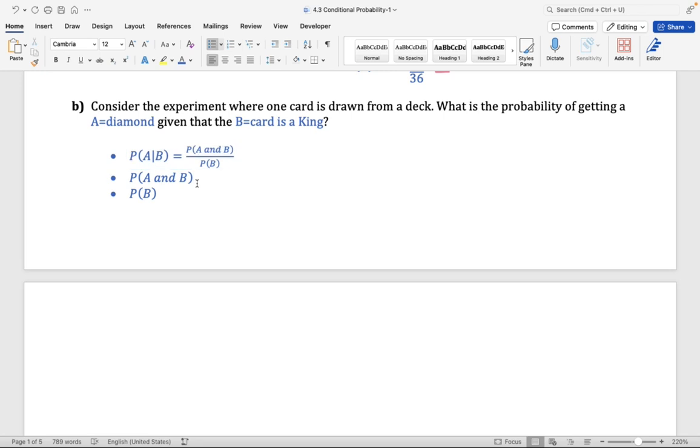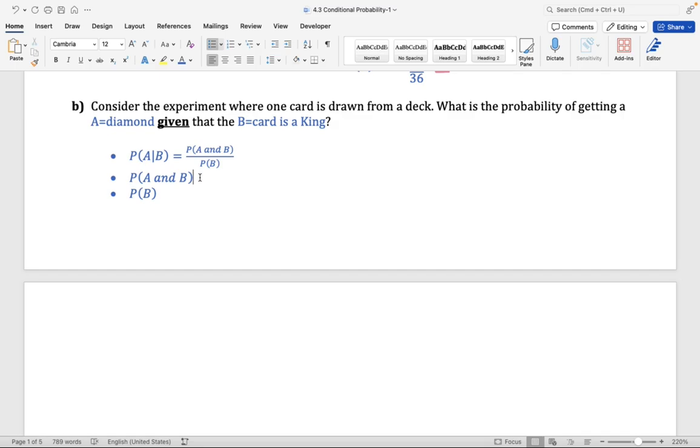Okay. So I'm going to let you do this on your own. Notice we have the probability of A given that B has occurred. We see the word given here. We know we need to use the conditional probability. We go ahead and pull out the conditional probability rule, and then we ask ourselves, okay, let's first compute the probability of A and B.